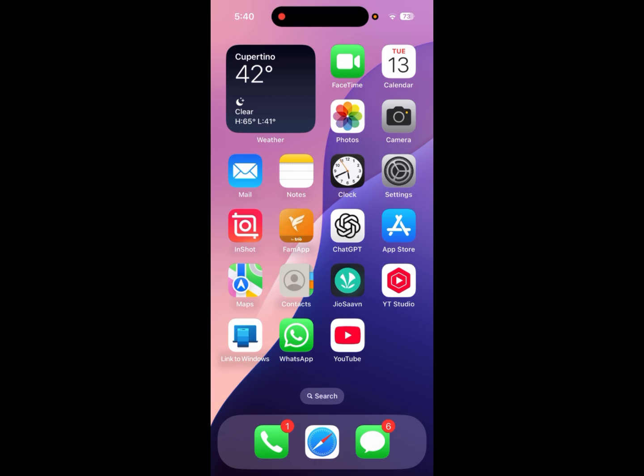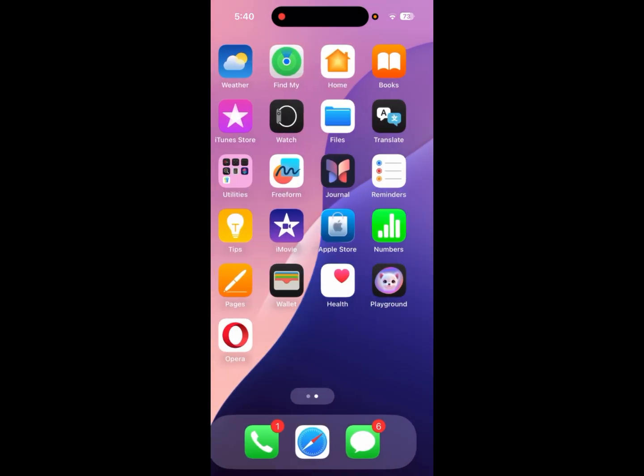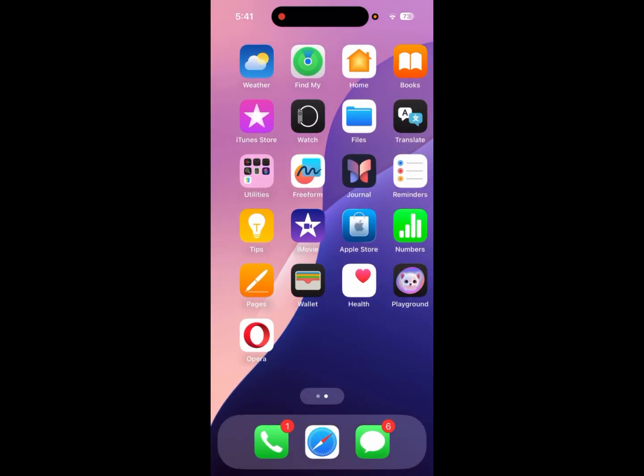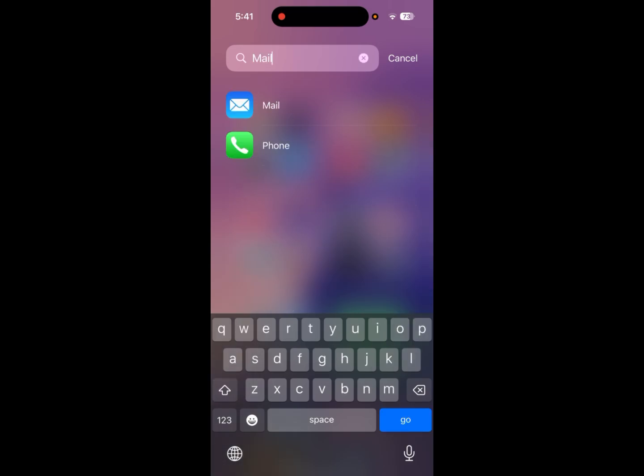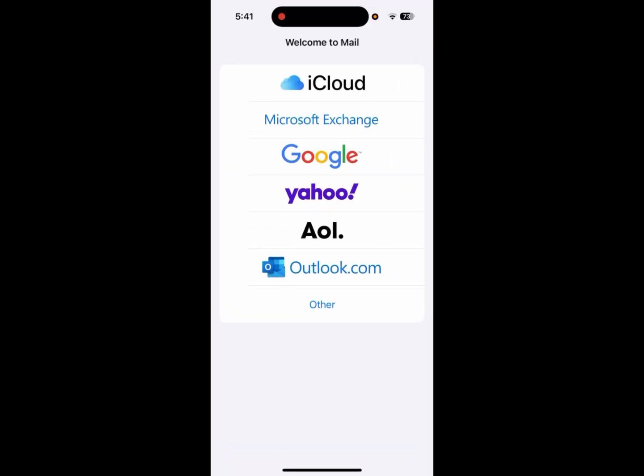So to add the Gmail account in iPhone, we need to look for the Mail app. Either you can look for the Mail app or simply go to the app library and search for Mail and click on Open. And here you will find iCloud, Microsoft Exchange. Since it's a Gmail, we will click on Google,